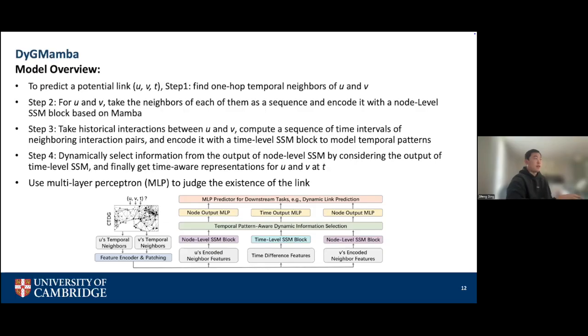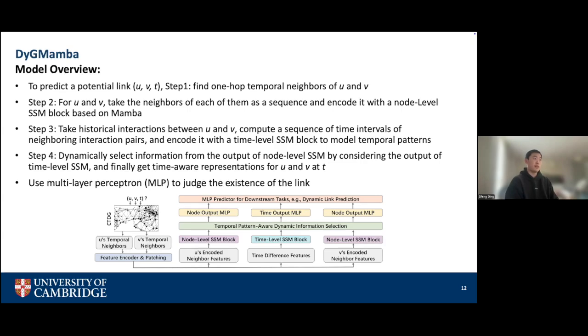So next, let me show you what DyGMamba looks like. Here is the model overview. We can take a look at the figure here, which is the pipeline of our method. More specifically, if we want to predict the potential link (U, V, t), step 1 is that we find the one-hop temporal neighbors of them. And for U and V, we take the neighbors of each of them as a sequence and encode it with